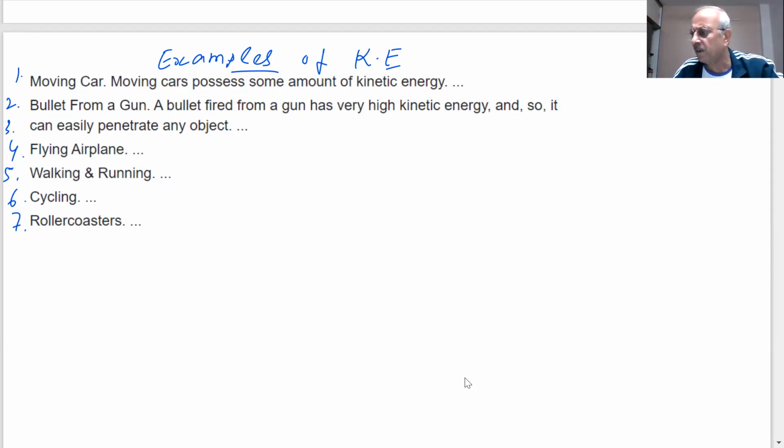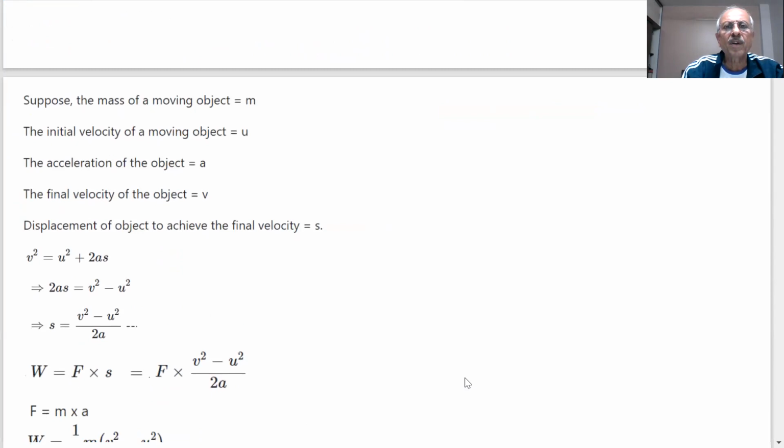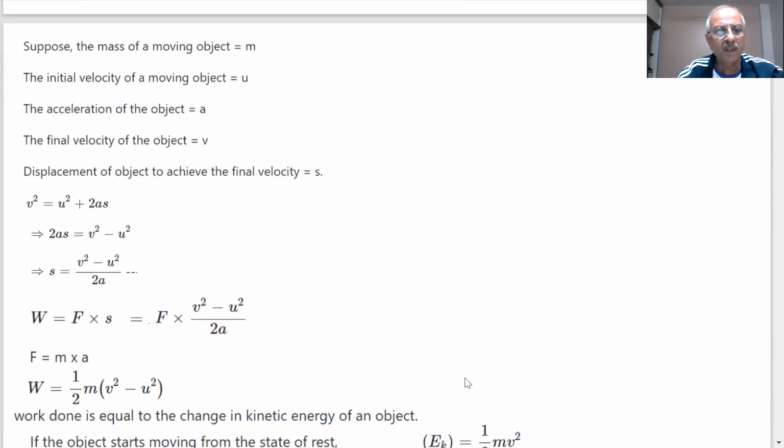The swings that move very fast. Yes. These are some of the examples. You will see so many examples. Just give me a few of them to understand the meaning of kinetic energy. Everything is related to our everyday life, student.